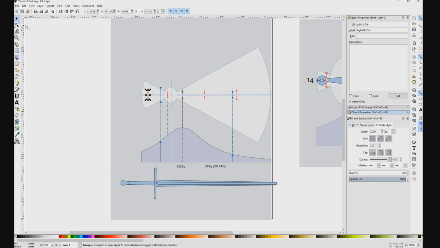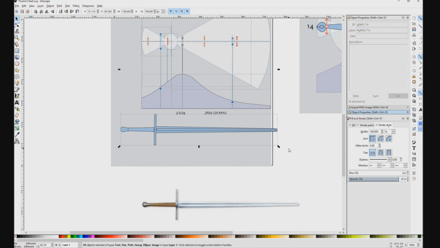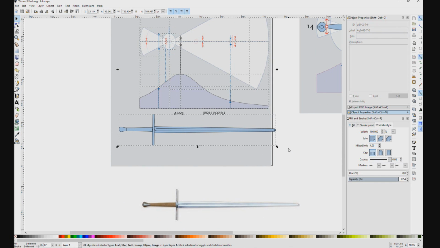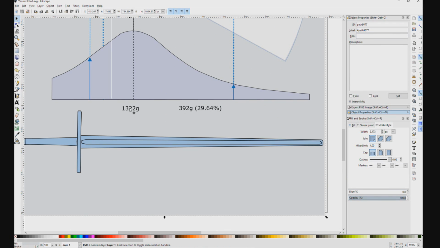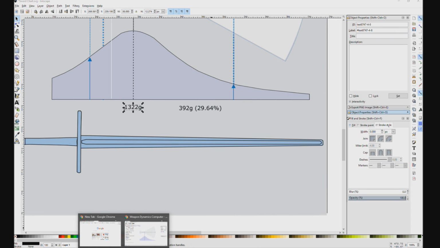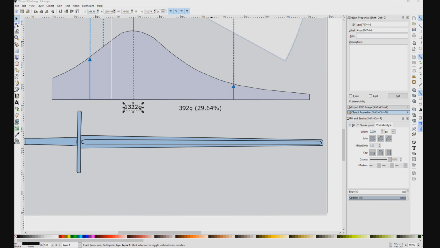Okay, so the last thing I'm going to do here is move all of this stuff over some so I have a little bit of space. And then the last couple things I have to edit is actually the information down here. Now these pieces of information line up with two different items. We have the weight for the center of mass, and if I reference the data that I have from the weapons dynamic calculator and the measurements I took, I know the weight of the Lichtenauer is right at